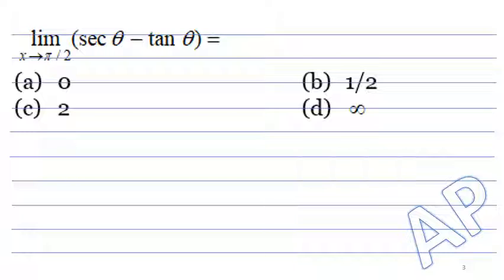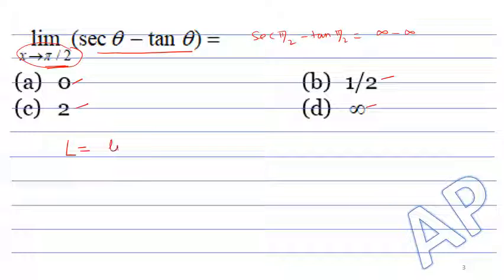Limit as theta tends to pi by 2 of secant theta minus tan theta equals: option A 0, option B 1 by 2, option C 2, and option D infinity. If we apply the limit directly, we will get secant pi by 2 minus tan pi by 2, which is infinity minus infinity. So to solve this question, let me consider L equal to limit as theta tends to pi by 2 of secant theta minus tan theta,